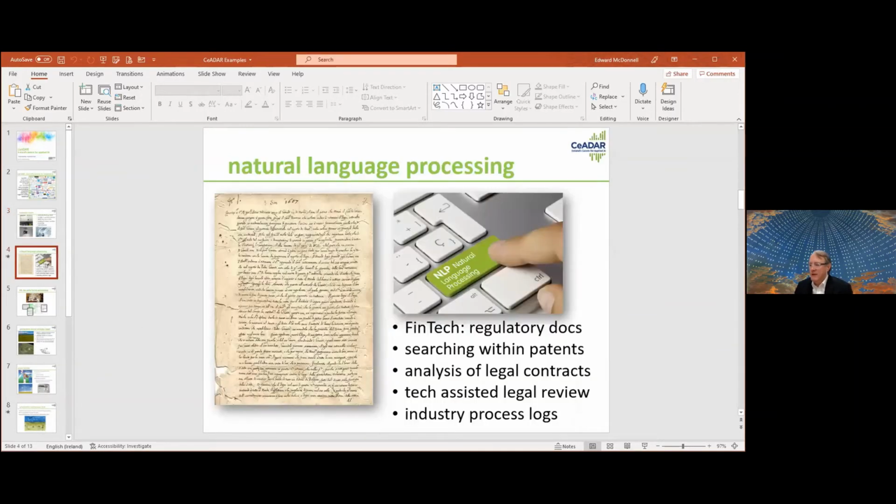So another area, and this is an area which over the last 3 or 4 years has become massively important, and we're seeing an awful lot of interest from our member companies, and that is what's called NLP, or natural language processing. And it's one of the fundamental areas of AI. So a few examples there of what we're working on.